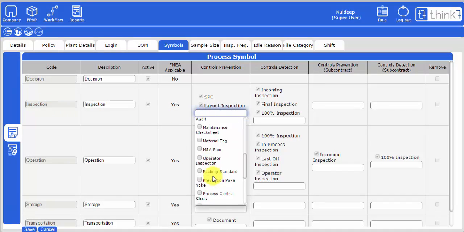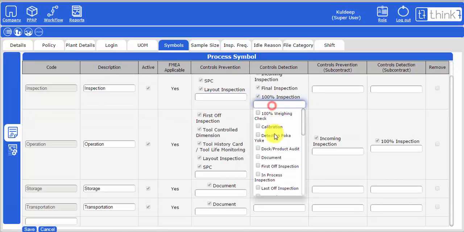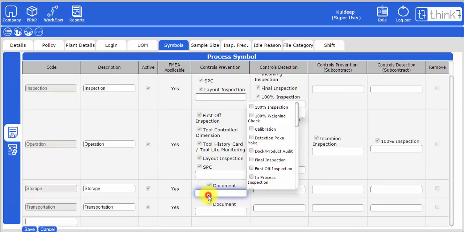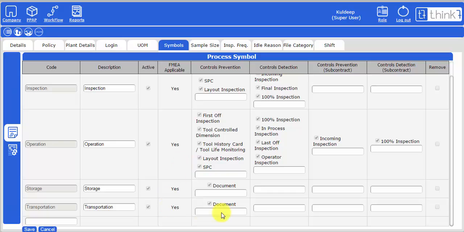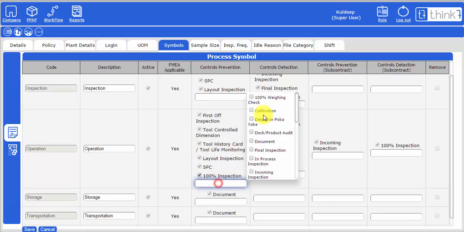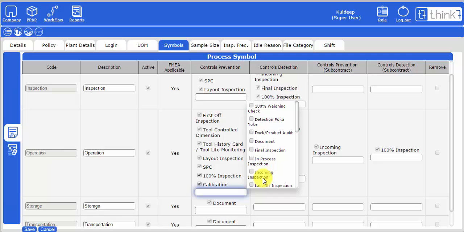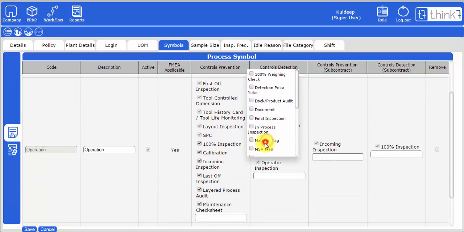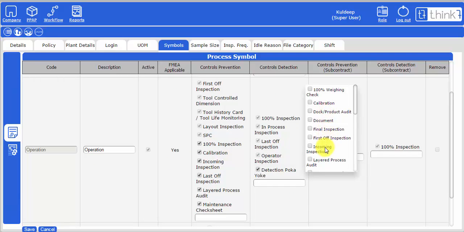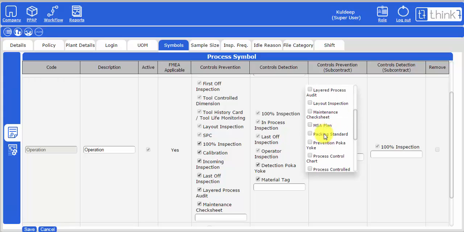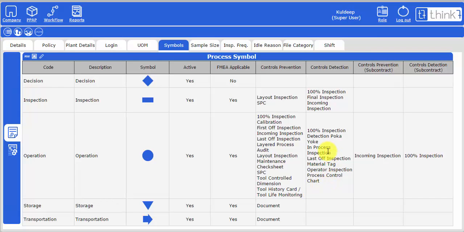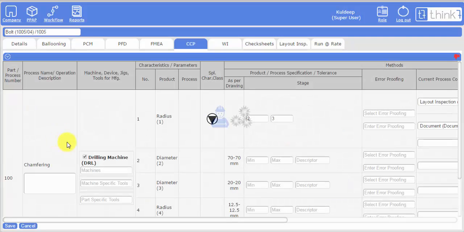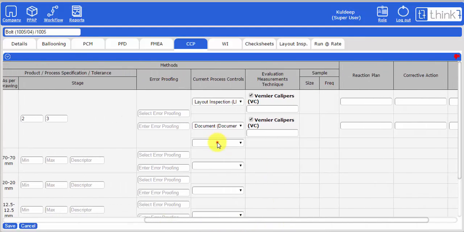To enable these, you will need to add the required methods under the controls prevention or control detection columns against each process in the process symbol master. The methods added here will then be available on the FMEA and control plan.